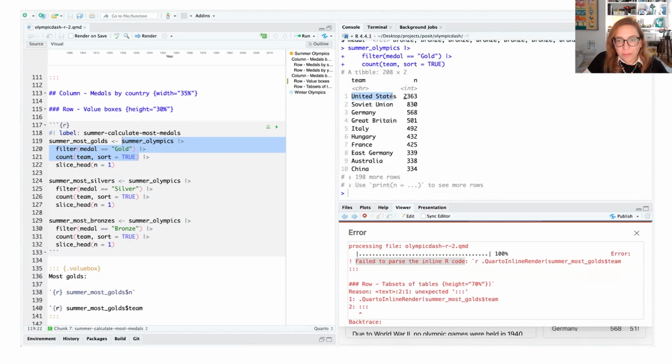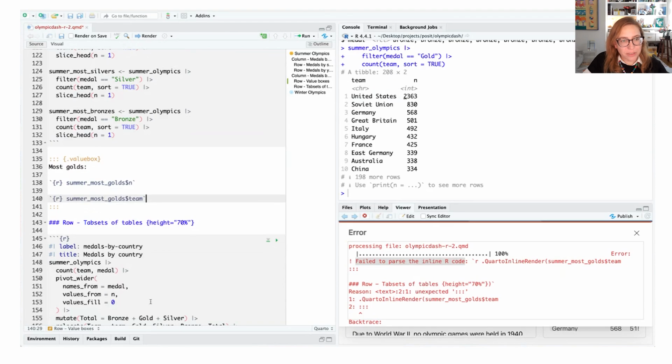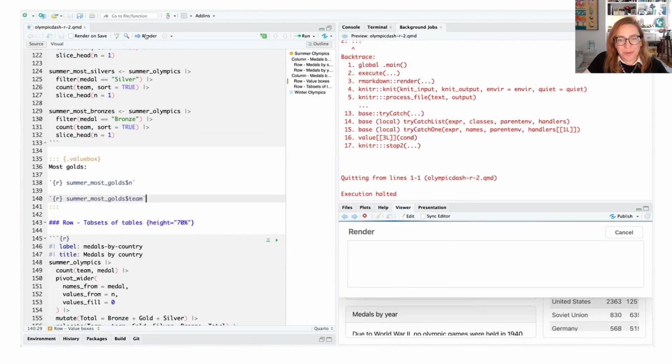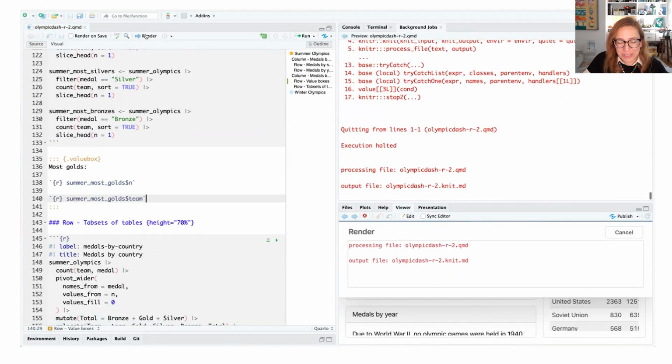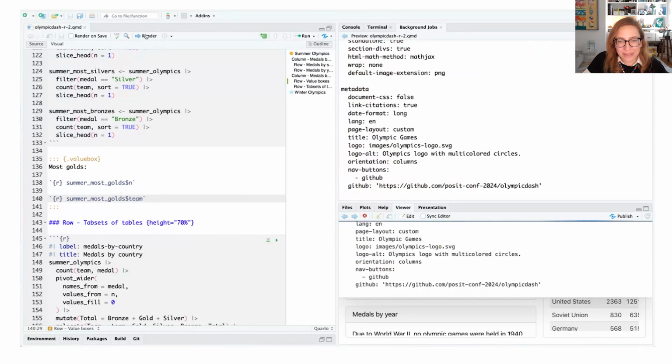So this is the piece that I want out of here, right? The team variable. Oh, it is actually failing because I'm missing a backtick. So let's go ahead and do that. Let's go ahead and add our backtick to see if that actually resolves the issue for us.